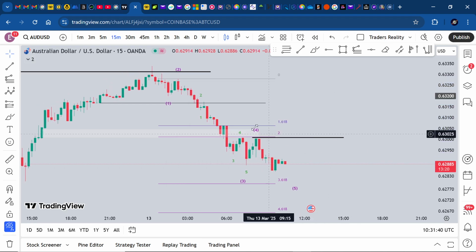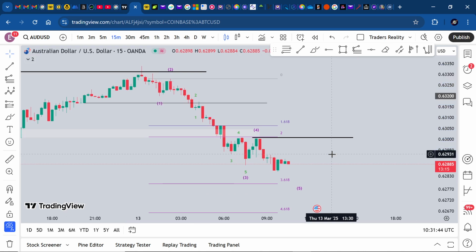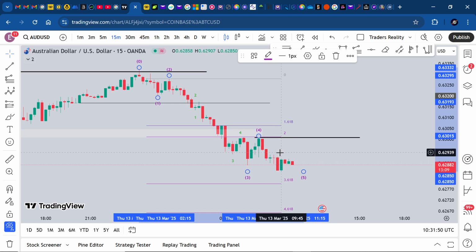Okay. That's my count. I've got strong belief in this count. Now I don't think 5 is finished. I'm thinking 1, 2, 3, 4 comes into 1, because this is my 1 here. 2, 3, 4. We've got some kind of